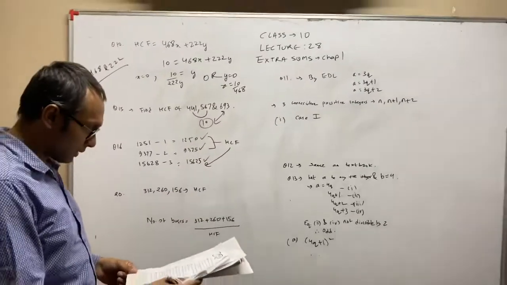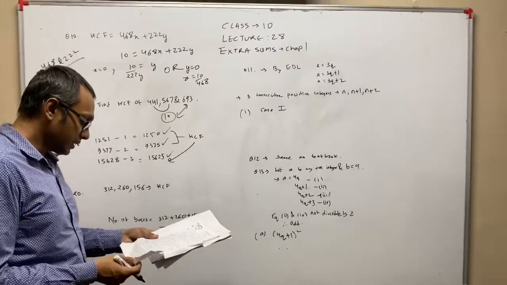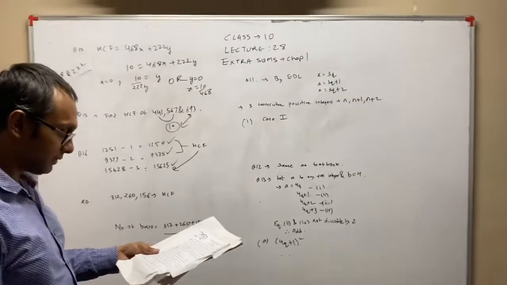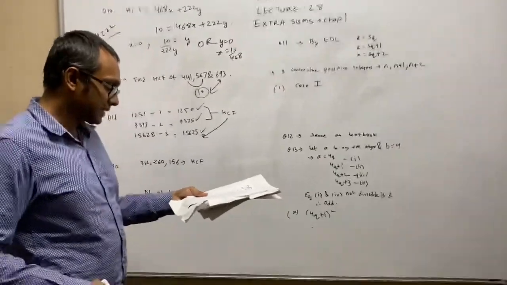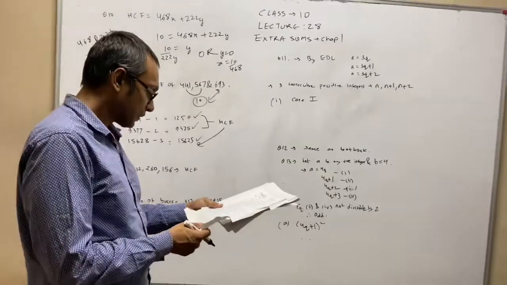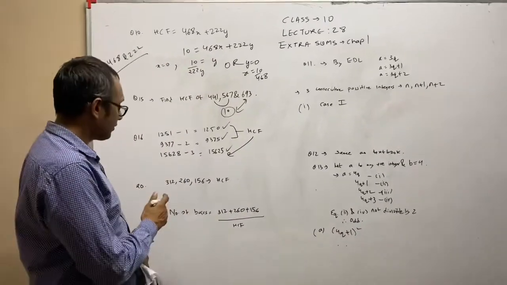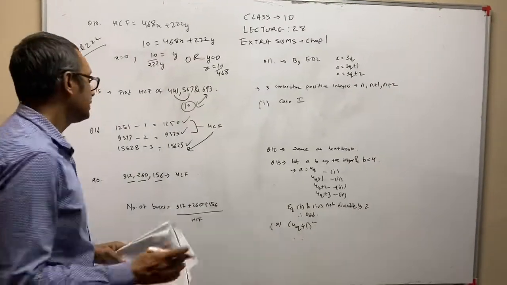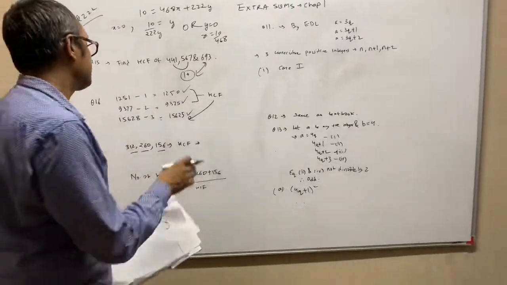Now we will look at question number 20. Question number 20 is, there are 312, 260 and 156 students in class 9th, 10th and 12th respectively. Buses are hired to take these students for a picnic. Find the maximum number of students which can sit in a bus if each bus takes equal number of students. Find also the number of buses required. Now, first of all, for these three values, you have to find the HCF. Okay, that HCF will give you the number of maximum students which can sit in a bus.